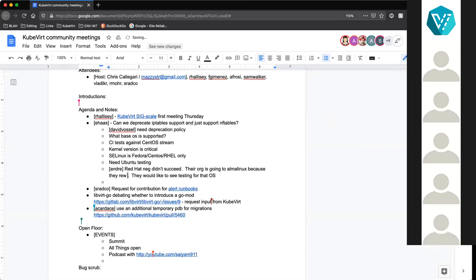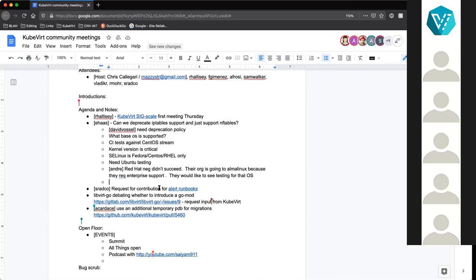Hi, could someone clarify, we are talking about the IP tables on the compute host, right? On the worker node, right? We are currently using firewall rules, IP tables or NF table rules, inside the virt-launcher pod, the pod that runs the virtual machine. So we have the rules, for example, to support NAT and other things, but that's the IP tables mechanism of the entire host, right?